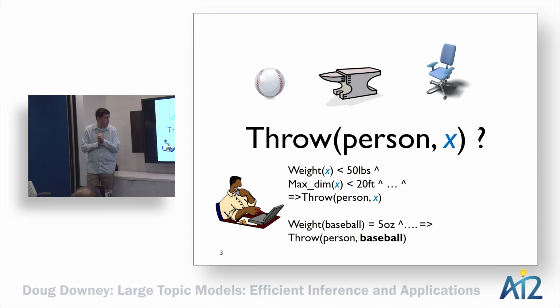What's hard about this is it's really hard to encode all the knowledge. You might be able to do it for throwable objects, but then can you do it for insects and films and so on? So for any question that might come up, it's hard to encode enough knowledge to accurately answer all these questions.